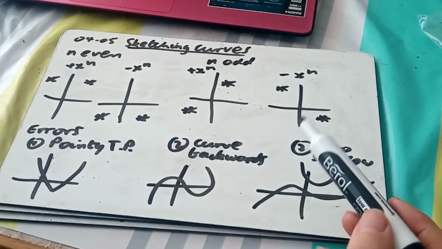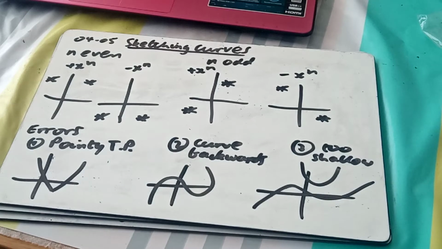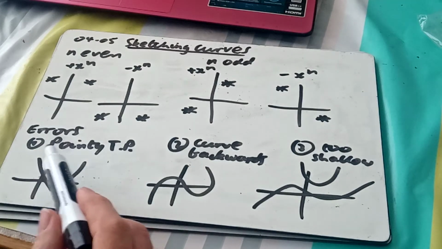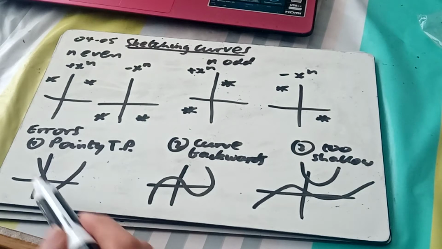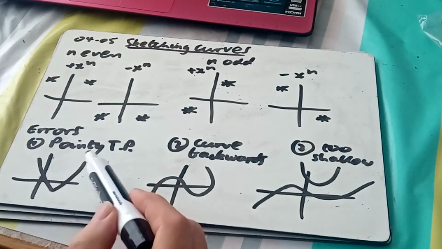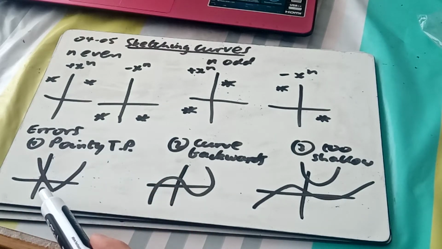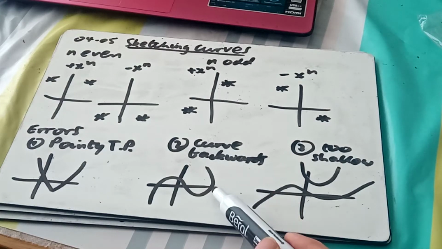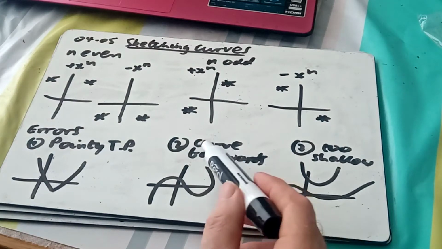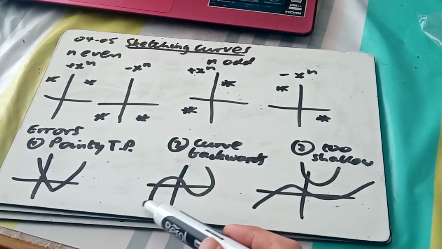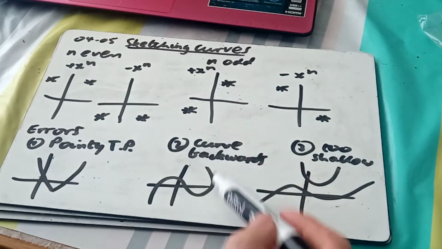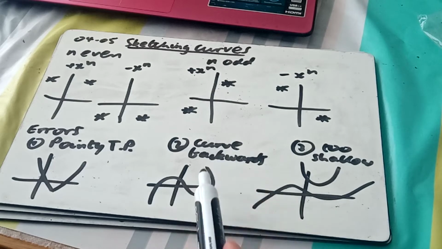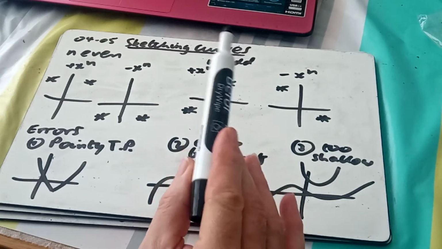Okay. Looking at three different types of errors. If your turning point is too pointy, it's supposed to be a curve, don't forget, like that. So if you've got a pointy turning point, that's not good. The next one makes me laugh. If the curve goes backwards here, so for example I've got an x cubed and it goes like that, and that's quite an extreme one, but I do see ones where it tends towards going almost straight up and veers